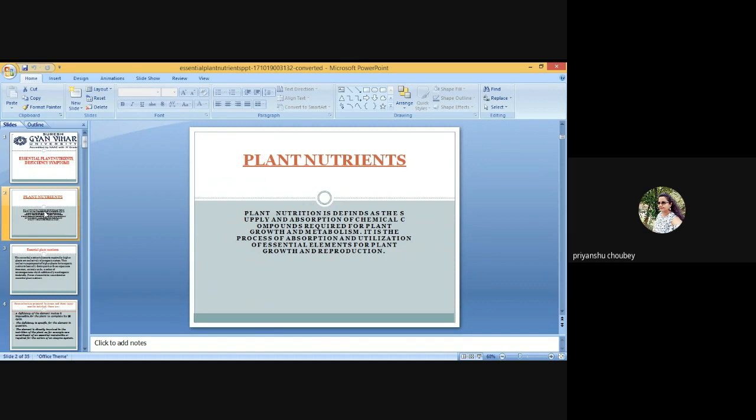The deficiency is specific to the element and can be prevented or corrected only by supplying that element. The element is involved directly in the nutrition of the plant, quite apart from its possible effect in correcting some microbiological and chemical condition of the soil or other cultural medium. So, 17 essential nutrients have been recognized